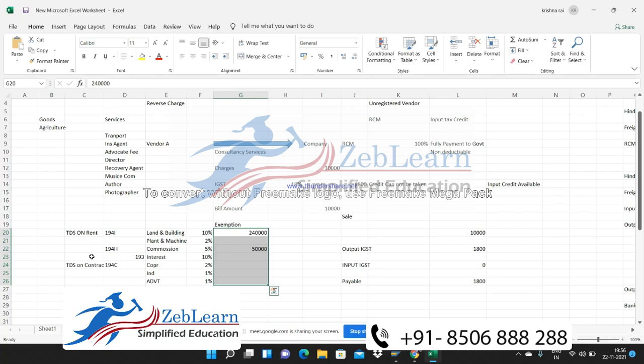There is a specific rule assigned for when the company is liable to deduct TDS on services, whether at invoice or while making the payment to the vendor. When do you need to deduct TDS?